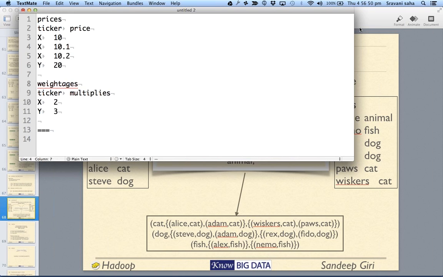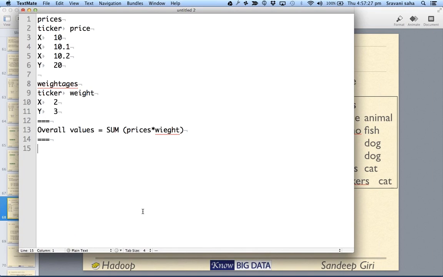Now what we want to do is compute the overall values, and overall value is summation of prices into multipliers, or you can say weight. Now in this case you should notice that what we are going to do is